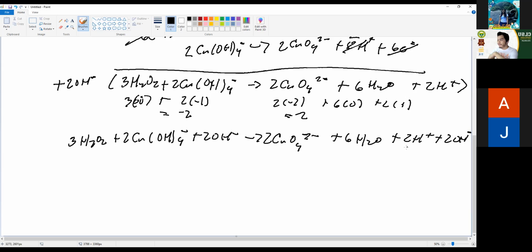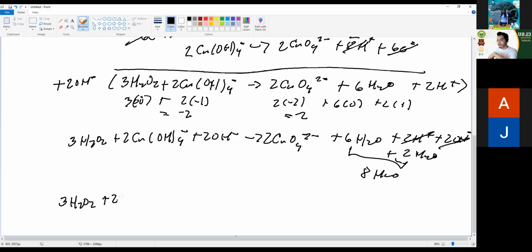So ayan. So since we have 2H plus 2OH, 2H plus 2 hydroxide, magiging 2 water ito. So 2 plus 6 is 8 water. So ngayon, walang water sa kabilang side, walang makakancel. So since walang na-cancel, ang final equation natin is